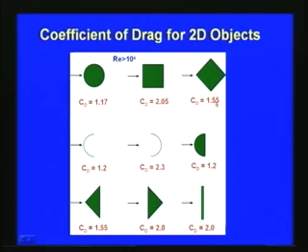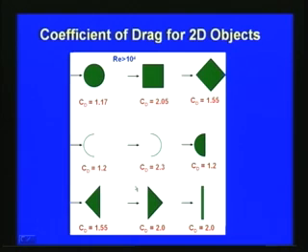So, that is equal to about 1.55. Similarly, if you consider an arc like this, if you place it with the convex side or concave side facing the flow, you can see that if you place the arc like this, the coefficient of drag is 1.2, but if you place it the other way, the coefficient of drag is about 2.3. And also if you put a semi-spherical or semi-circular shape,